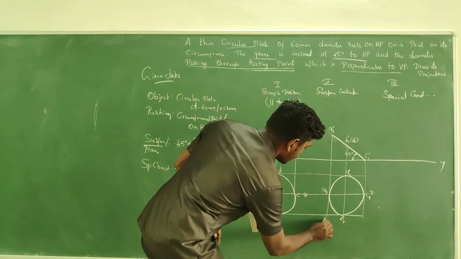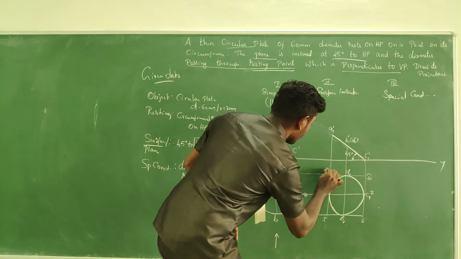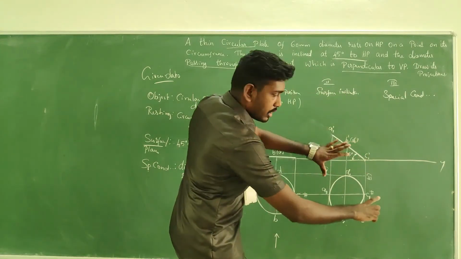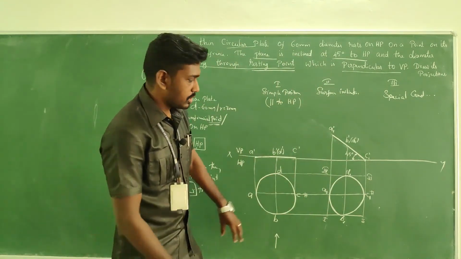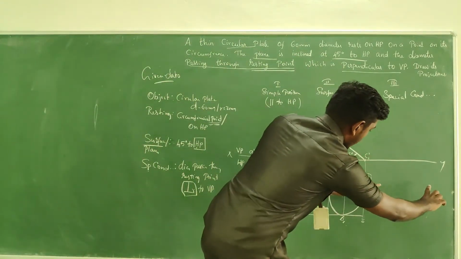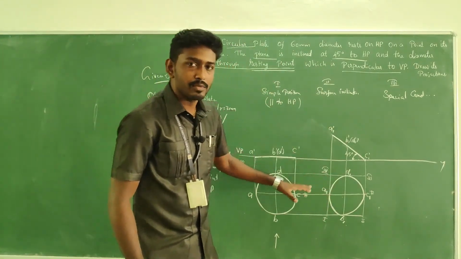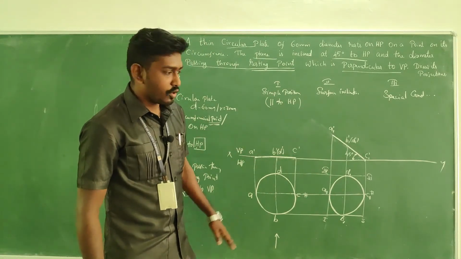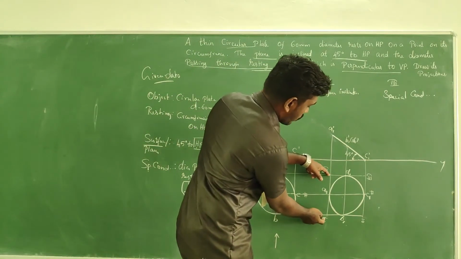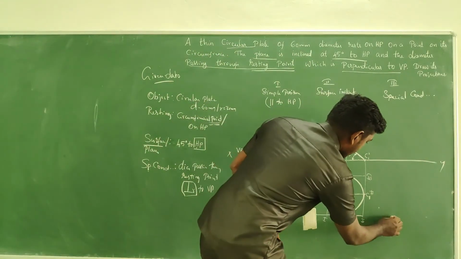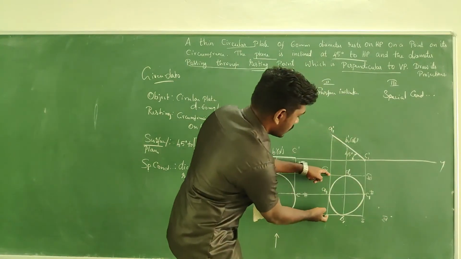If you take a boundary, this is 1, this is 2, this is 3, this is 4. Just pick it, rotate it and keep it, and you will get the trace. Just pick it and rotate it like this so that it becomes 90 degree. That means line A1 to C1 becomes 90 degree to VP. So for that, in order to draw, first of all, I am going to take this line 1 to 4, right? So here, I am going to take the point as the fourth one, just measure it.